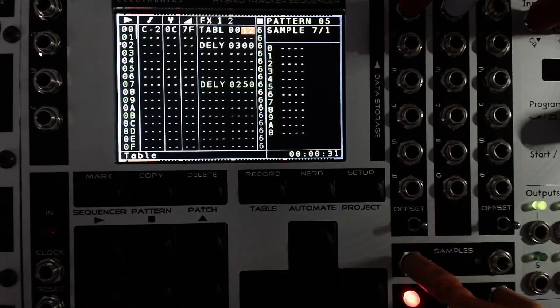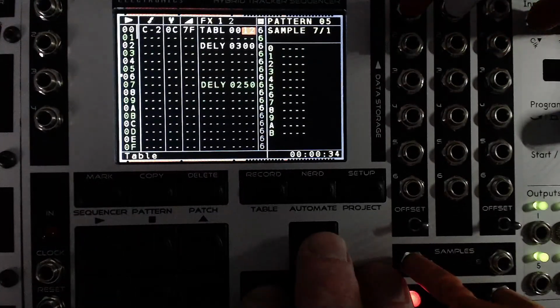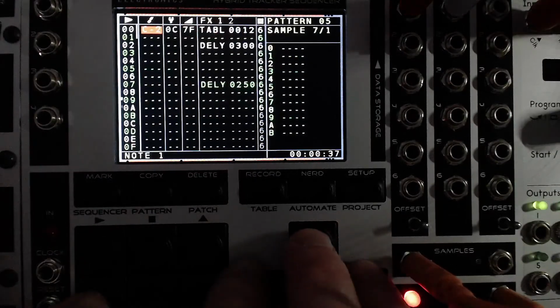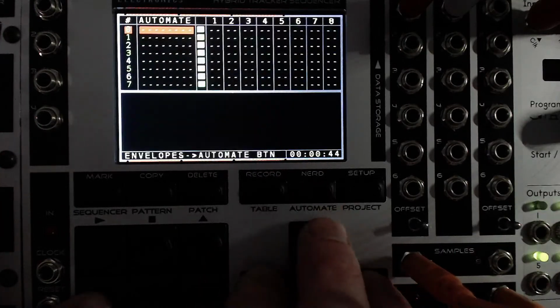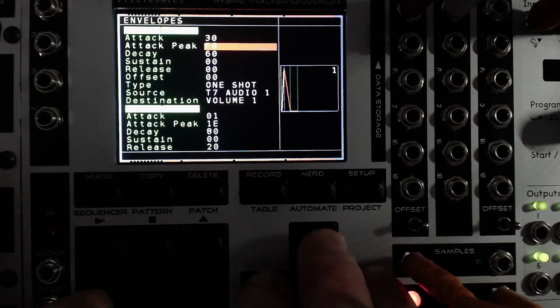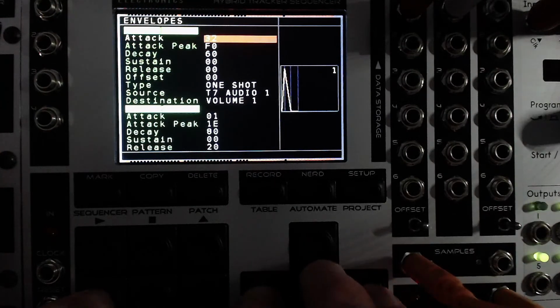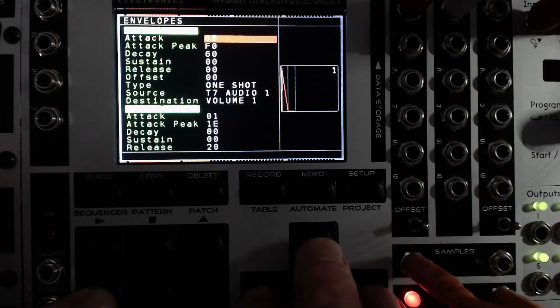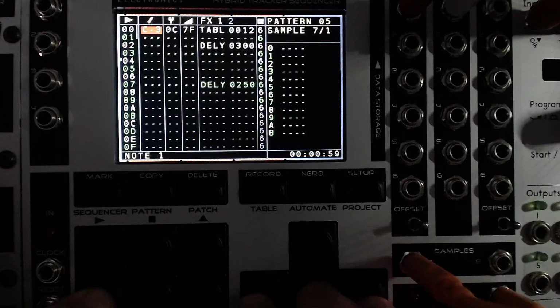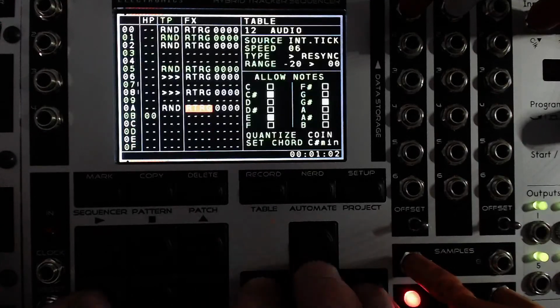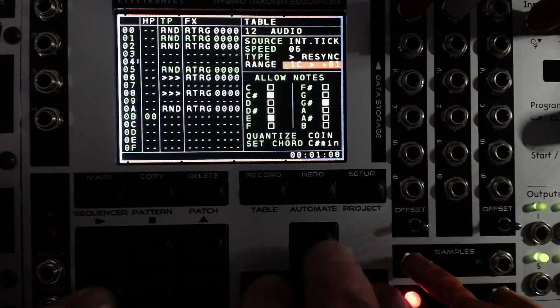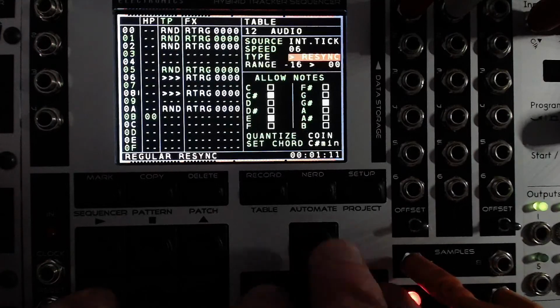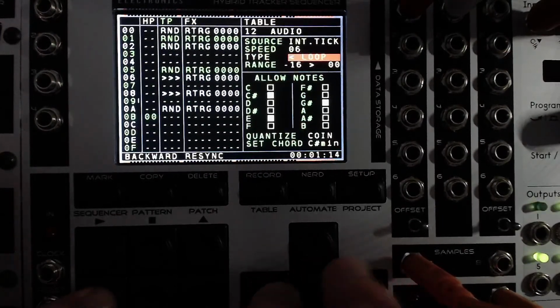Yeah, that would be nice actually to have delay divisions. Yep, definitely. Turn up the range a bit. Let's have this be